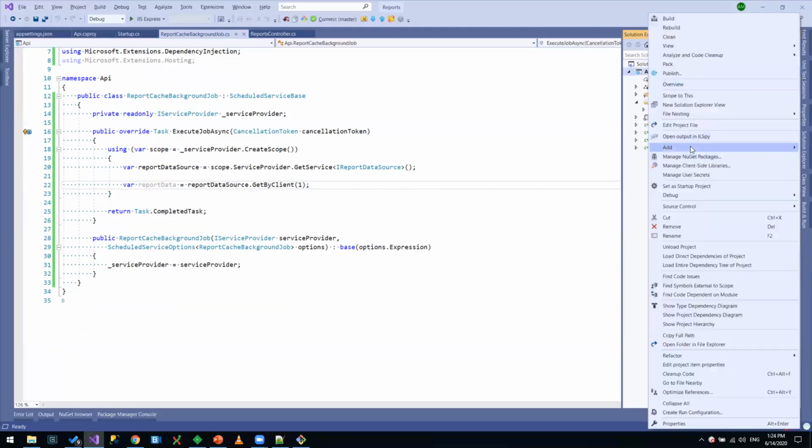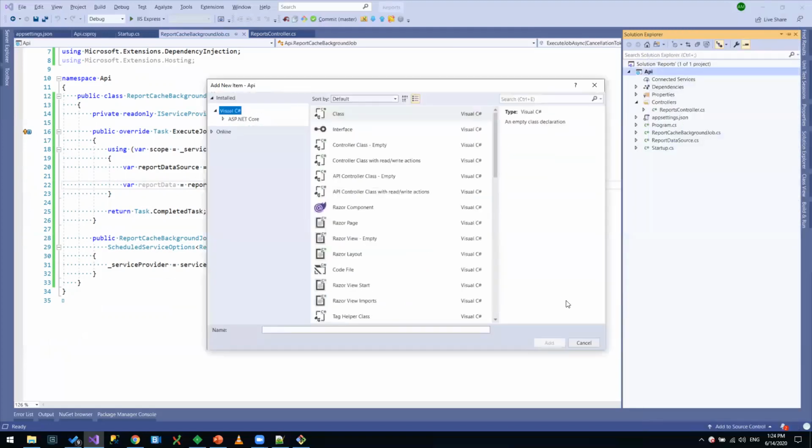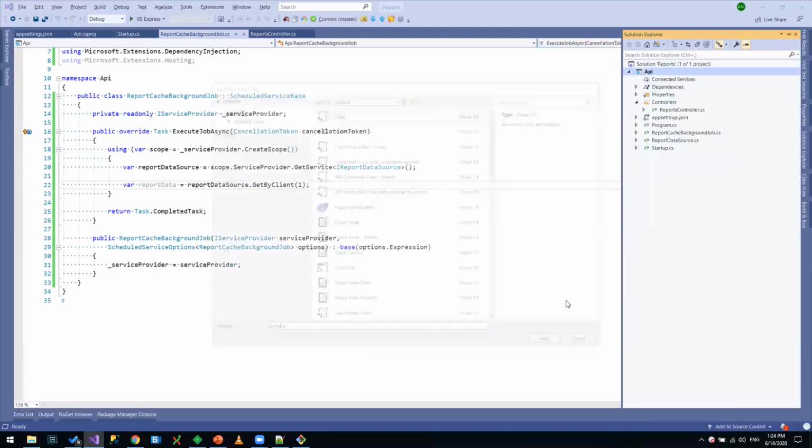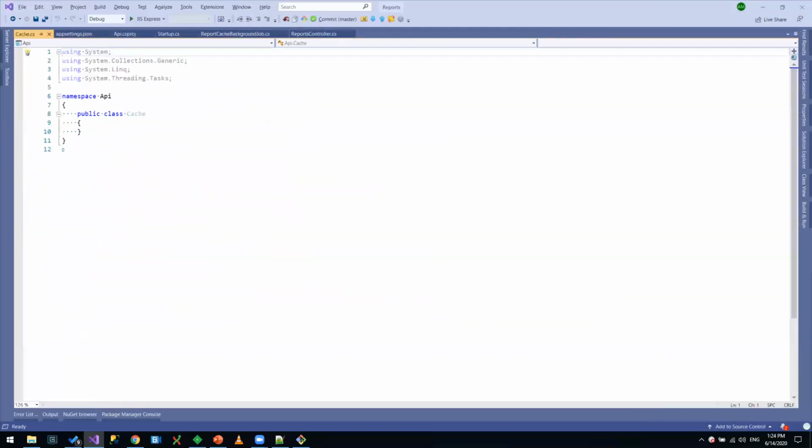For simplicity, let's just use a very simple approach. So just add a static dictionary that we will be populating,